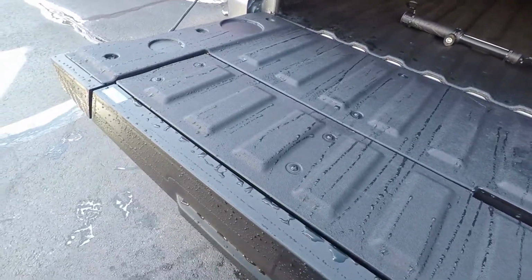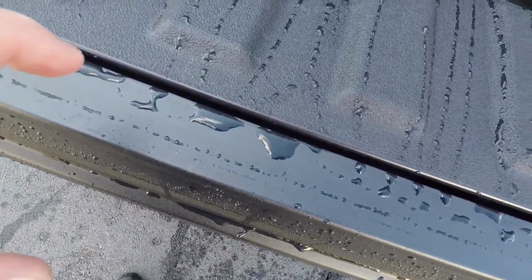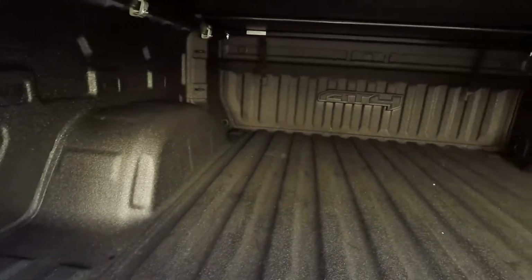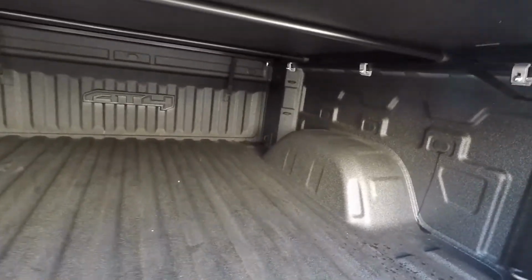Okay, so as you can see, a couple drops here. It did keep the tailgate dry. It was just sitting along the lip, so when I opened it, it would catch here and run down. So there is a little bit here, and then there are some drips towards the top in the two corners. So you can kind of see the water pooling there towards the front, but